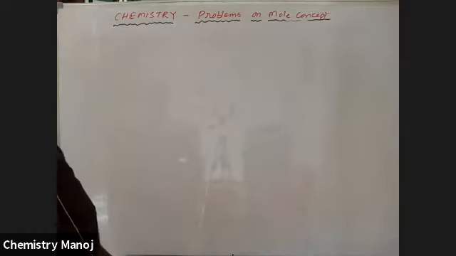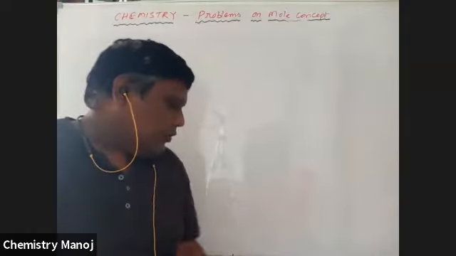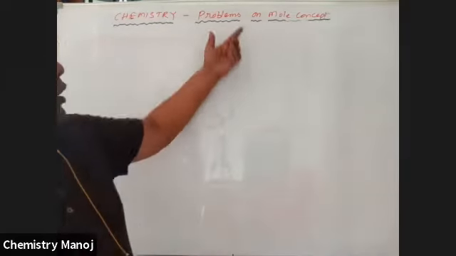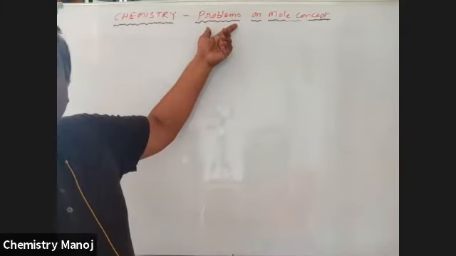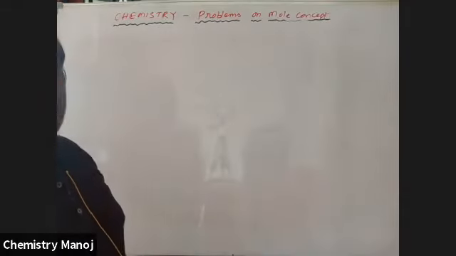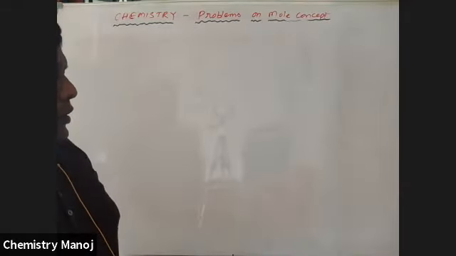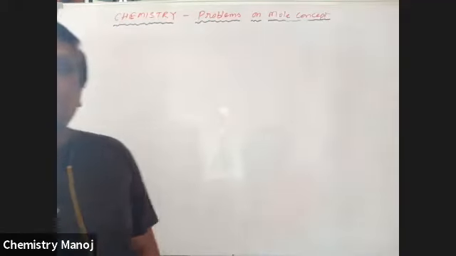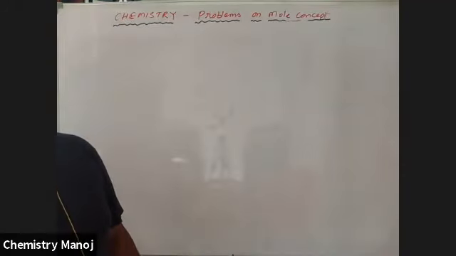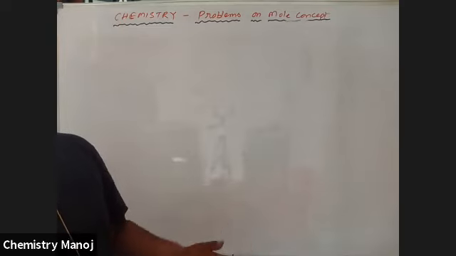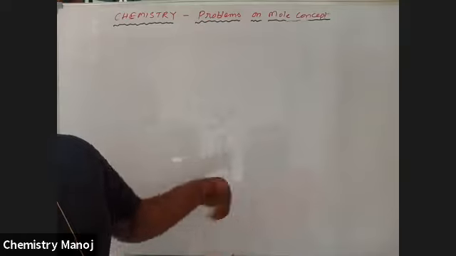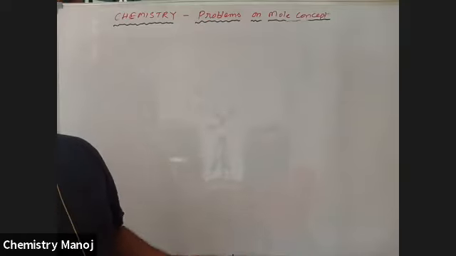So today's class is once again mole concept, in particular problems on the mole concept. Yesterday we completed the theory in the mole concept. Once again I recollect the entire topic in brief. After completion of that, we are going towards your problems and formulas. What are the formulas used for this part?